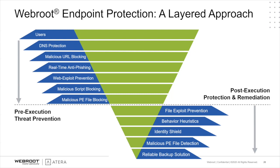And so our goal here is, we know it's a perpetual cycle. New malware is going to be generated, users are going to be dumb, and things are going to break through these layers. And what we need to do is be as fast as possible at discovering these things and protecting everybody else. And so one of our metrics internally that we track with this is what we call time to